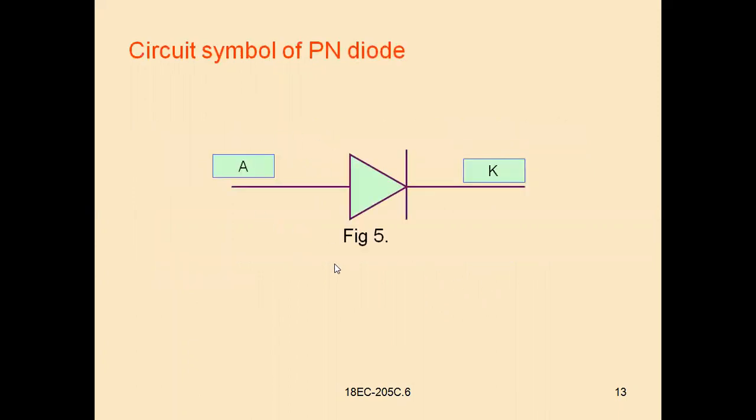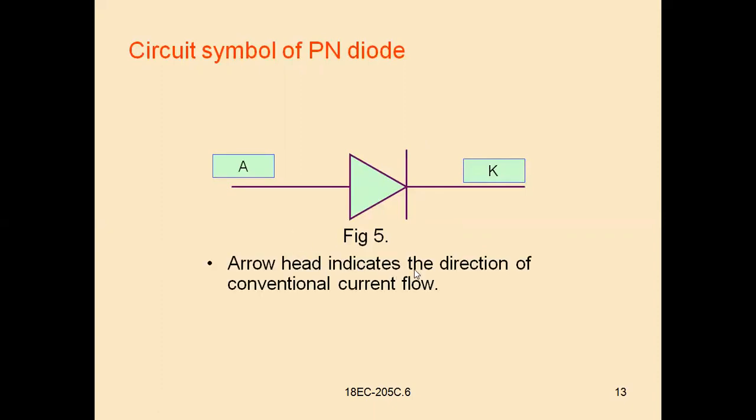So this is the symbol of the PN diode. This is the P type. We can also call it the anode, positive. P means positive, P type. There are two terminals, anode and cathode. And this one we call the N type, we can call it the cathode. Positive terminal and negative terminal. The horizontal line is the negative side, and the other is positive. This is the P type material and this is the N type material. When these are formed together, they form a PN diode. This is the electronic symbol of the PN diode.